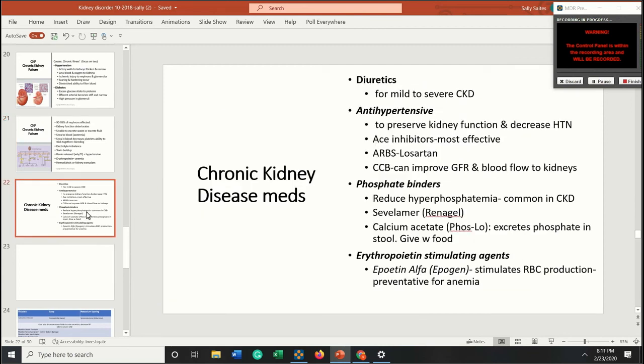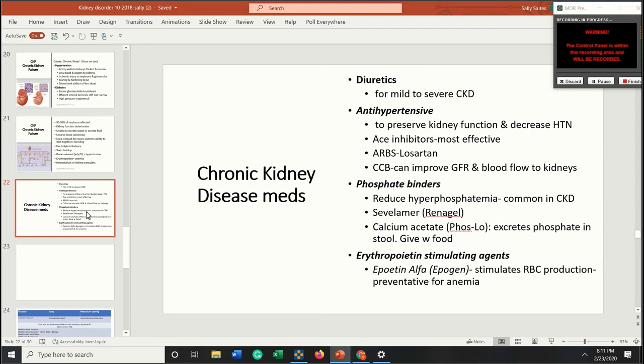So with CKD, we need to be concerned with the increased blood pressure, so we give antihypertensives to help prevent the onset of damage from the hypertension. We can also give ACE inhibitors, which are very effective as they can help prevent the RAS system. Remember that angiotensin converting enzyme that goes to angiotensin 2, well, this inhibits that. And so it helps prevent that RAS system from doing its job fully.